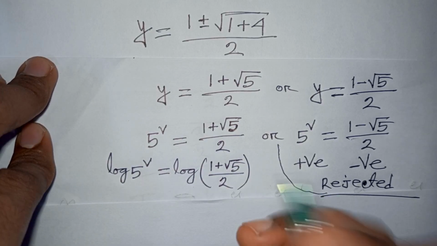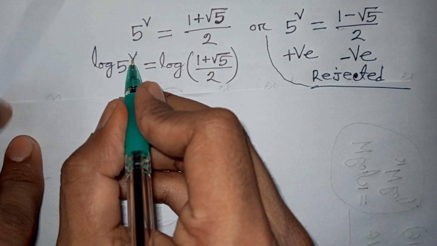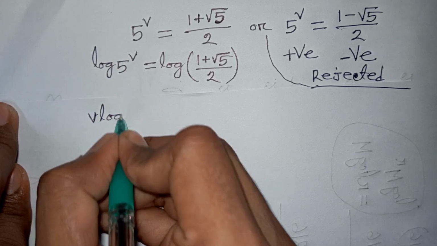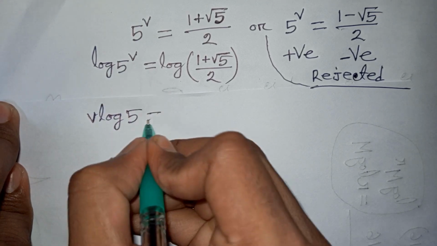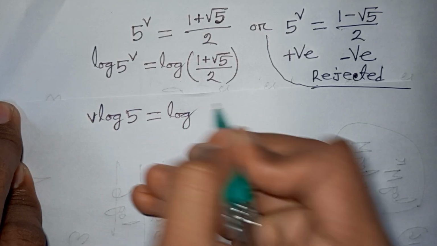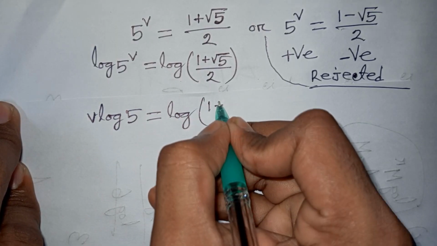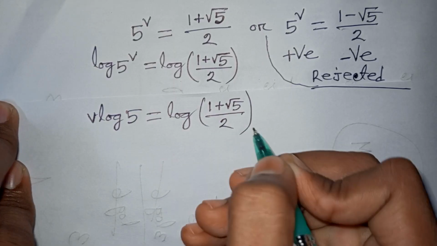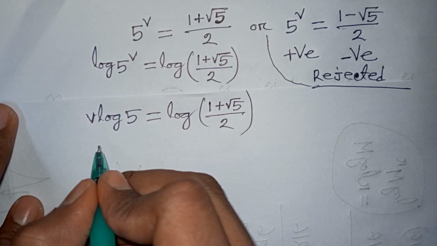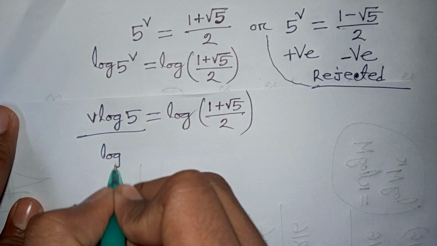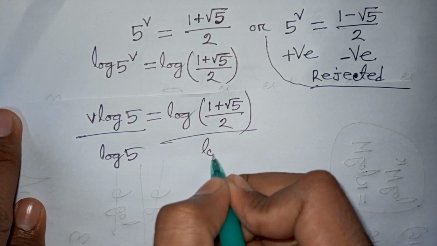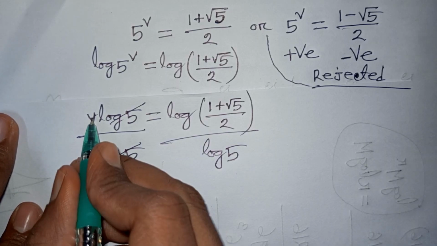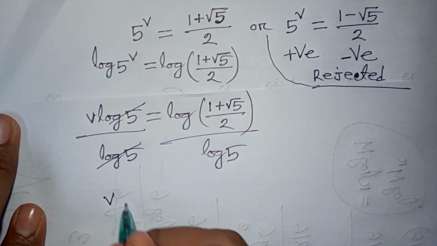Now this power v will move to the front, so it will be v log 5 is equal to log of 1 plus square root of 5 over 2. Now we need the value of v, so we divide by log 5 on both sides. This log 5 will be cancelled, so here v is equal to